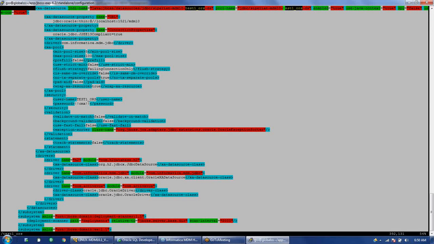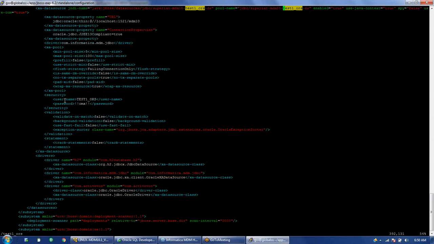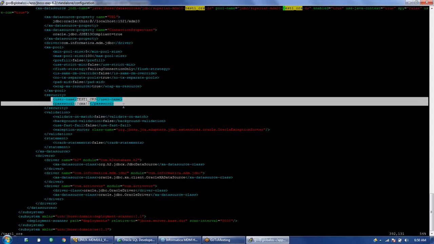This is also one place where you can come and find the passwords. If you have created multiple users and you have forgotten the password of a particular ORS, you can come and check here. Here you can see the username test1_ORS and the password is two exclamation marks, CMX, and then exclamation marks again two times.